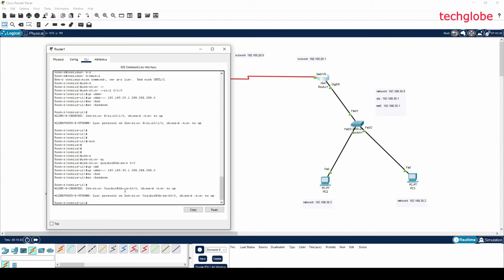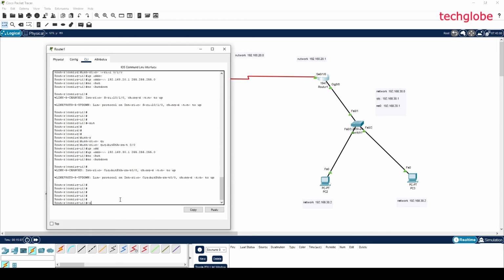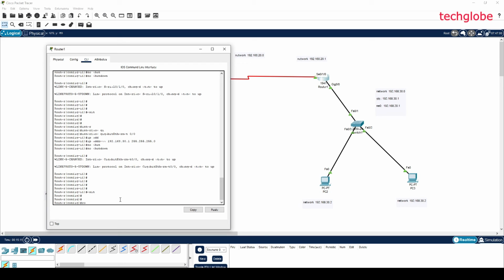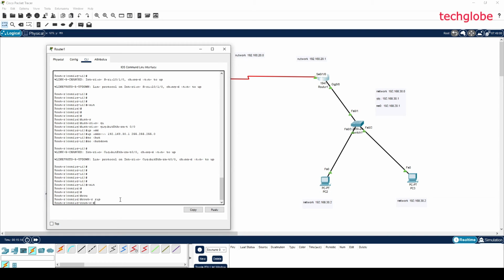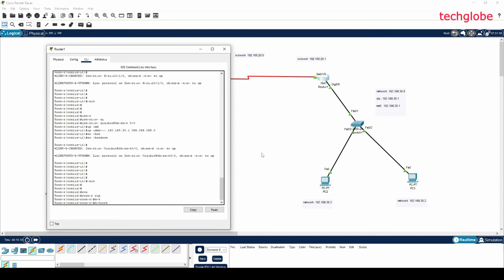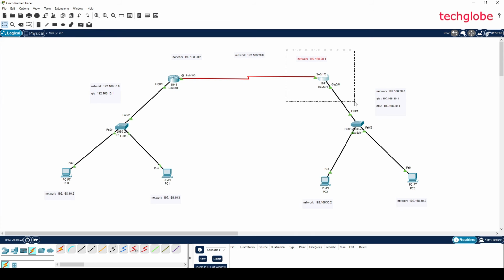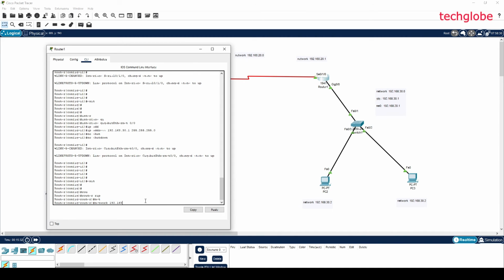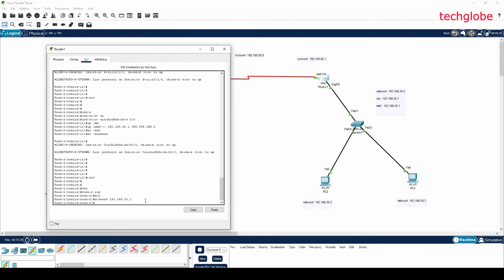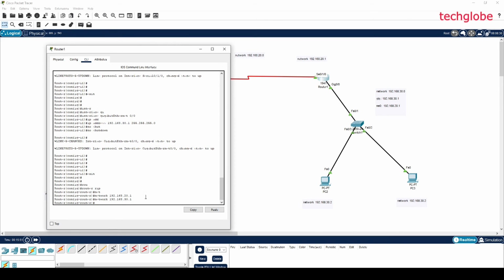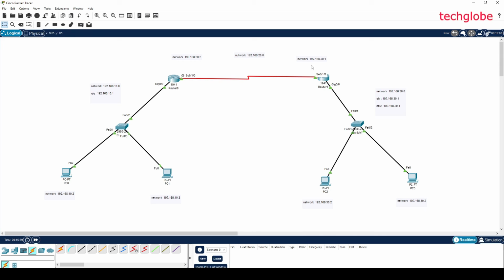I'm going to select the second router and the same command you have to enter. Go back to the terminal mode, exit, and type router rip and hit enter. And you have to enter this network, the 30.0 network. Clear? And type 192.168.20.1, enter, and for the same network type 192.168.30.1 and hit enter. Now we have configured the router RIP configurations,